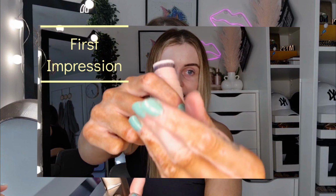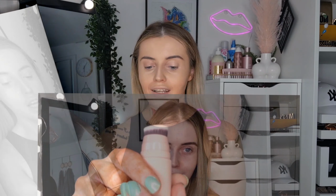There's a brush on the opposite side. What a bargain. I'm so excited to try this, especially because it's got the brush on the other end. So, let's see how she does. This better be good. It has so much potential. So I'm thinking...